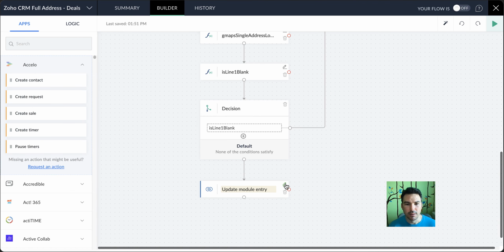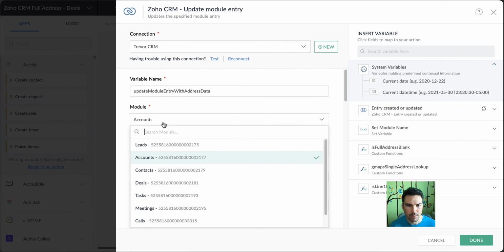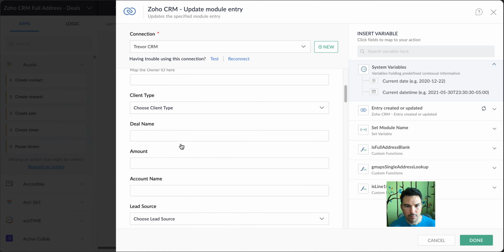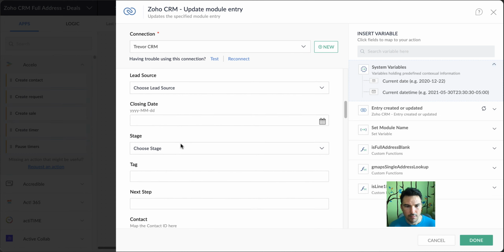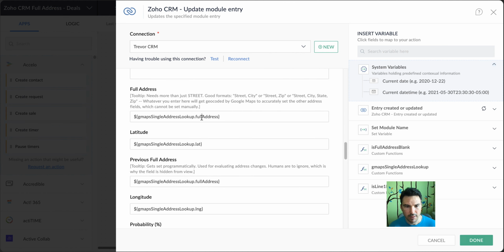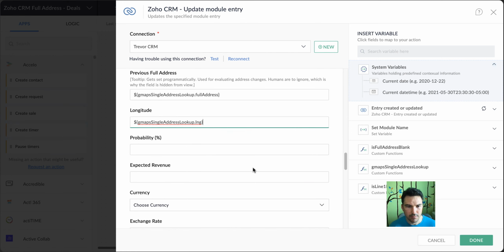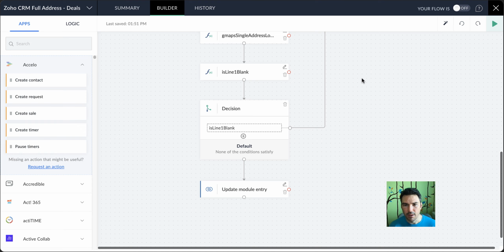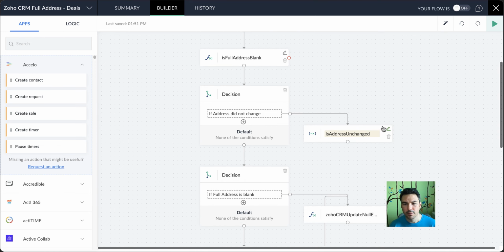And then in deals, full address, latitude, previous full address, longitude. Those are the only fields we have in deals for the address. That all looks good. And then the blanking things out